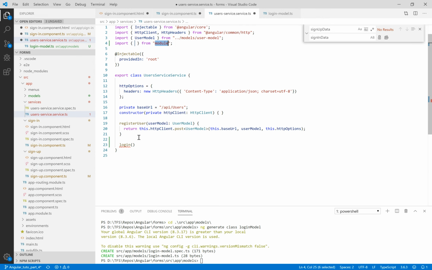So here we need to add a new import called the type of login model. So it's under login model, type of login model class, and let's add a new parameter called loginModel, type of login model class,